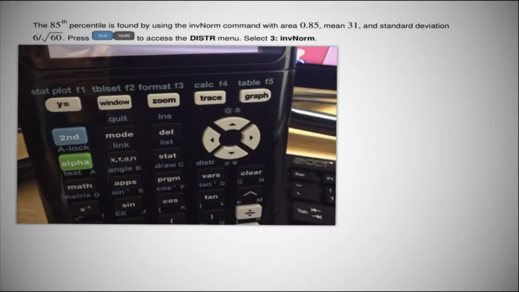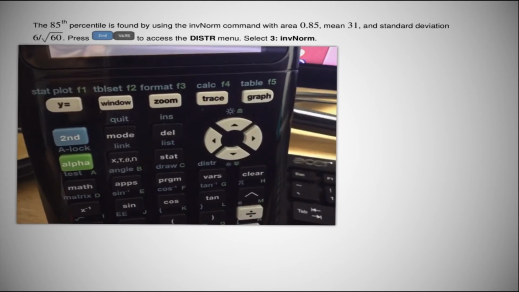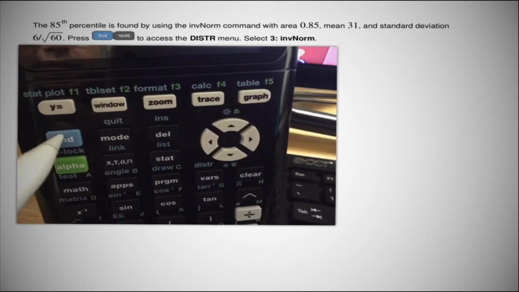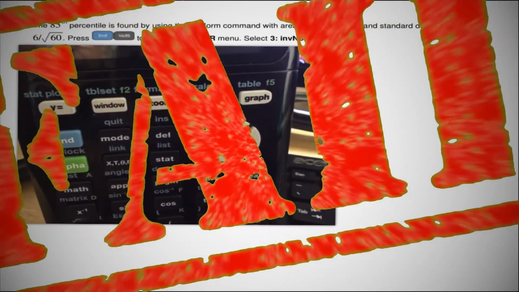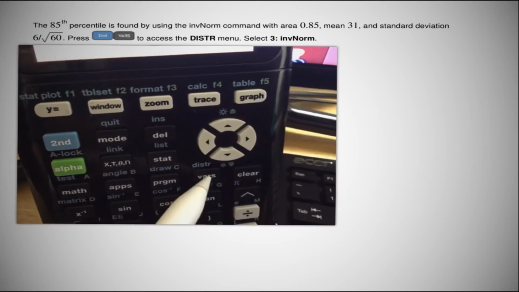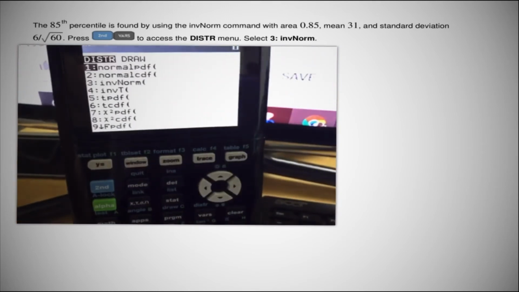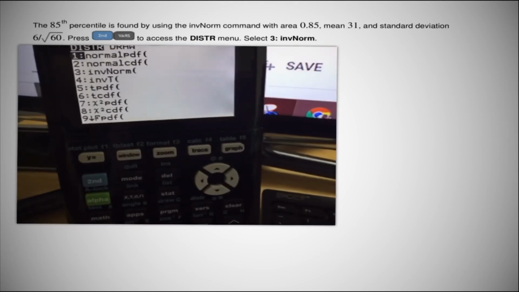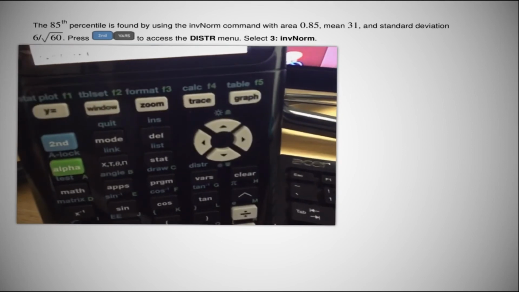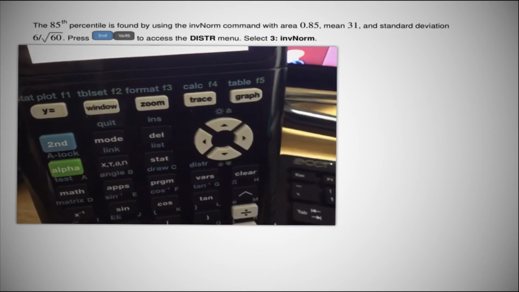All right, so we got all our information listed up here. Let's go ahead and use our calculator and plug this in. So we hit second vars. Oops, gotta turn on my calculator first. So we hit second, and then vars, which is right here. And what you're going to see is your options come up, and you want number 3. So let's go ahead and click number 3. And when you click number 3,